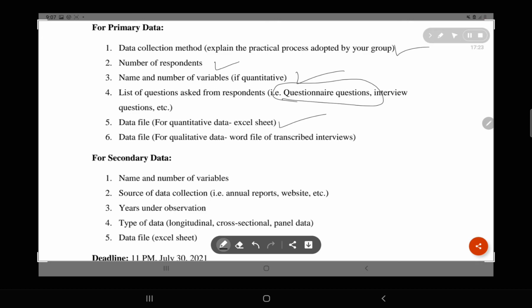So this is for the students who are having a quantitative study and using a questionnaire, fine. So for you guys, this part of the guideline is completely irrelevant, and you just have to provide all the